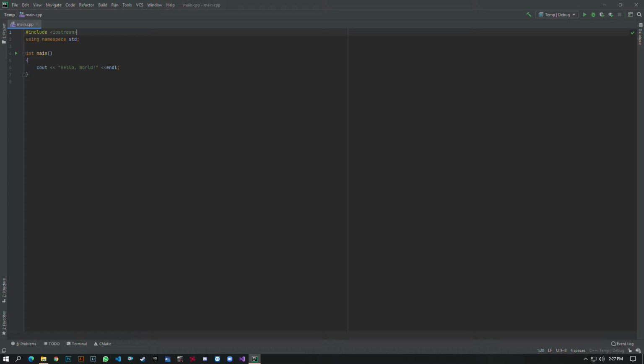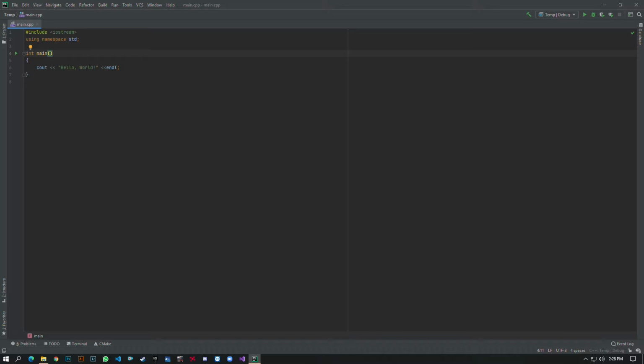And in the second line we are using namespace std. By namespace std we mean that we can use names for objects and variables from the standard library. If you do not understand what these two lines mean, then you do not need to worry, because you will be using these two lines in almost every code you will write in C++ language. Okay, then we will come to the fourth line, int main. Now what is int main? int main is basically a function in which you will write all of your code that you need to compile and execute.